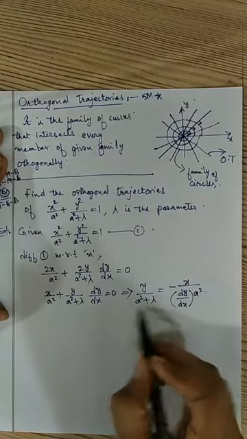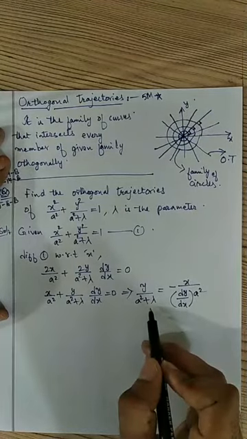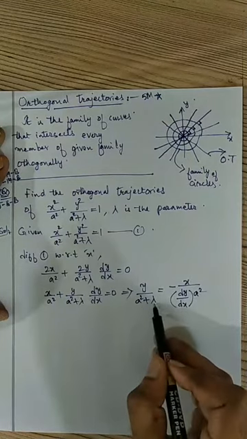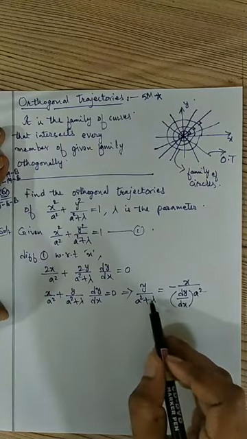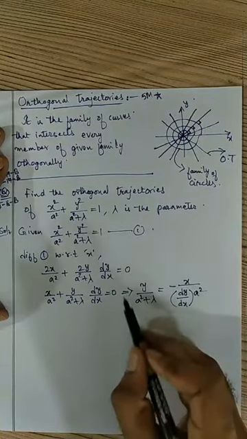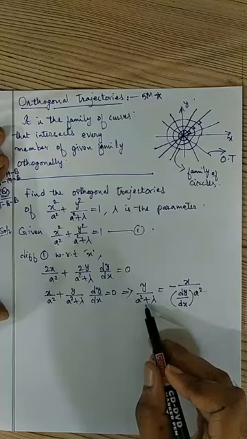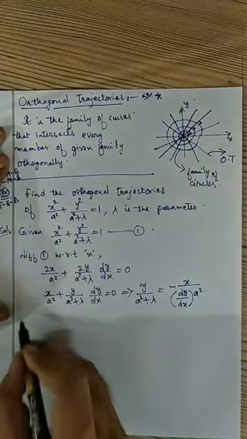I got the value of y by a square plus lambda, because after differentiation my intention is to eliminate lambda. I cannot find lambda separately here, but I can find y by a square plus lambda from this equation. Once I get the y by a square plus lambda value, I will substitute in 1. Therefore from 1,